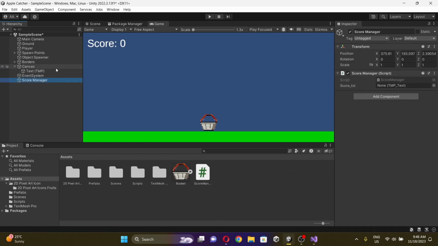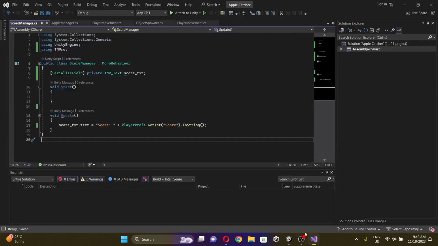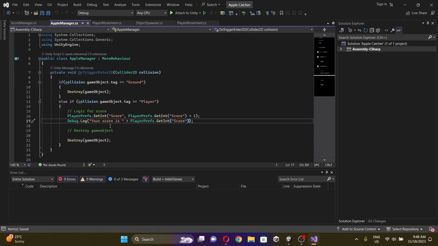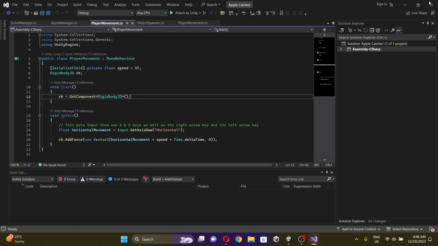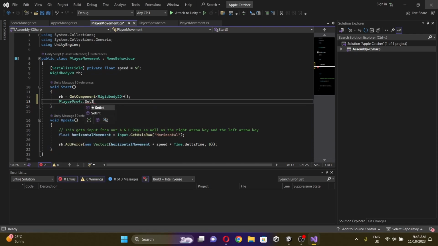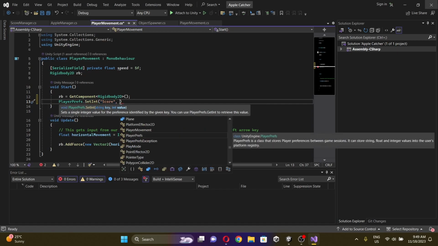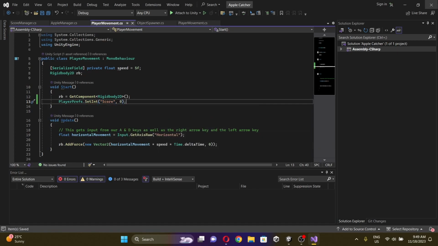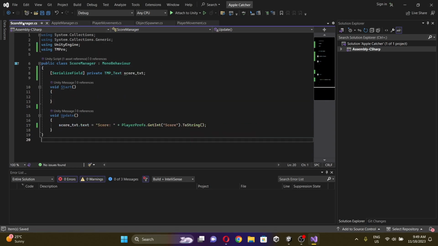And let's go to, well, actually, how about we just assign the score text to the score manager, the text we had in the canvas. And let's go to the Apple manager, and here we will delete this debug.log because we don't need it. But before that, let's go to the player movement. In the start method, enter and write PlayerPrefs.SetInt, inside quotation marks we'll write score, and then write a comma and write 0. So every time the game starts, the score should reset to 0. It shouldn't remain the same. So we'll do that. Okay,